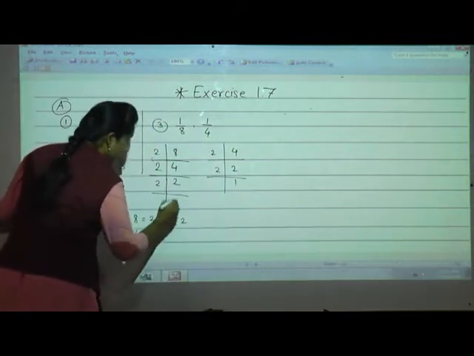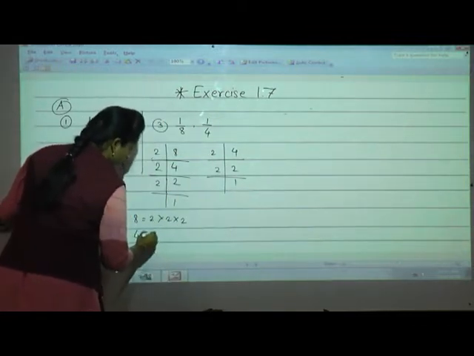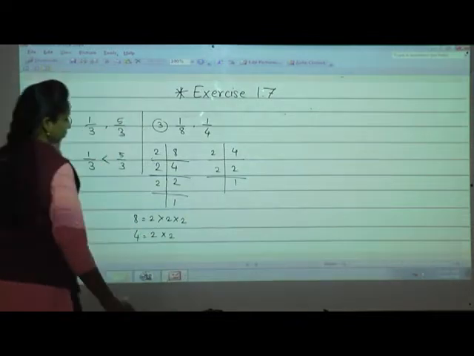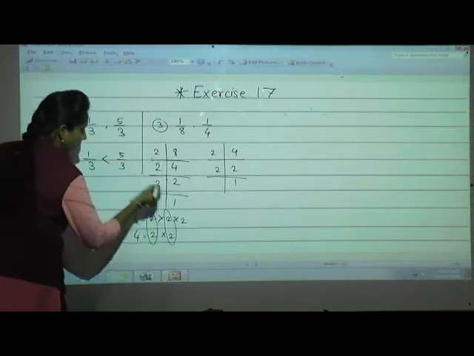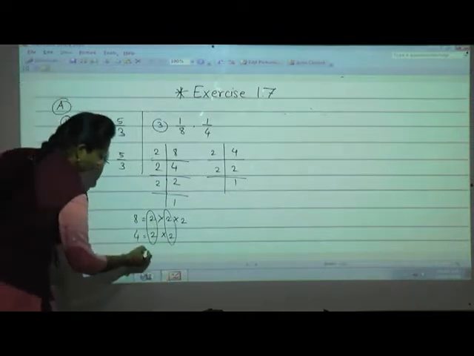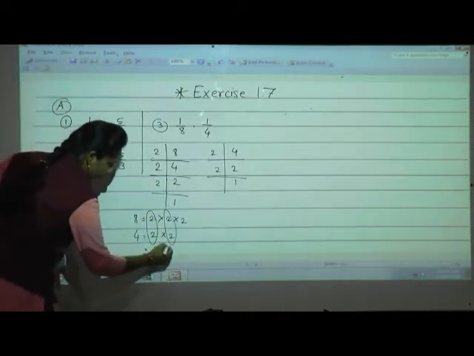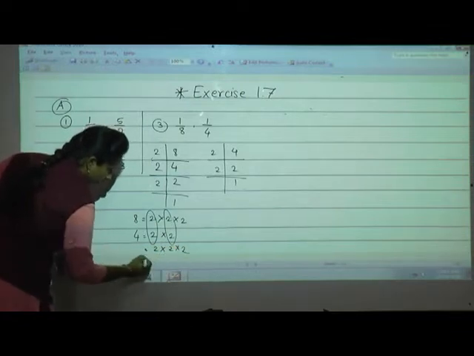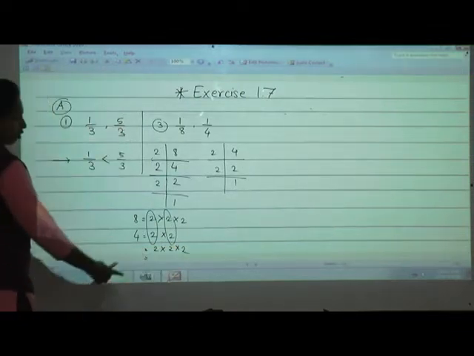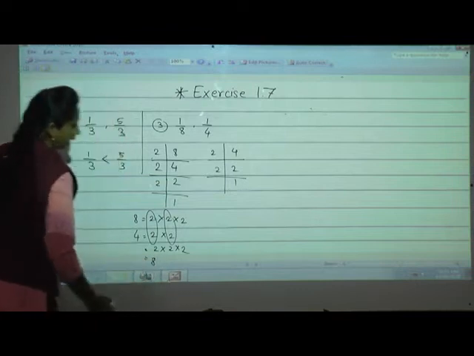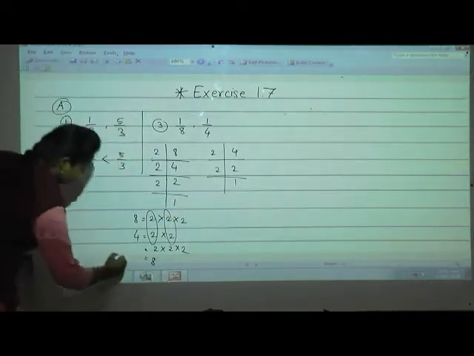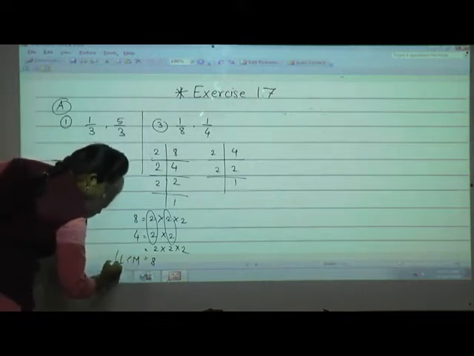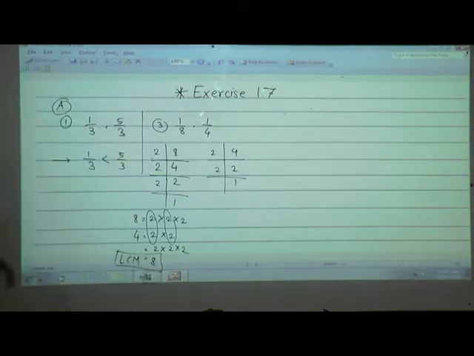Now what are the multiples of 4? 2 multiplied by 2. Now we will not take common ones, we have to take only once. So what are the numbers? 2 one time, 2 one time and 2. Now tell me, 2 2s are 4, 4 2s are 8, isn't it? Correct? So what is the LCM? LCM is 8. Now we will solve the example.